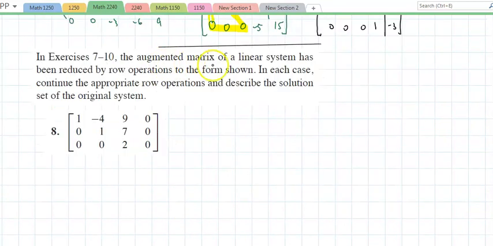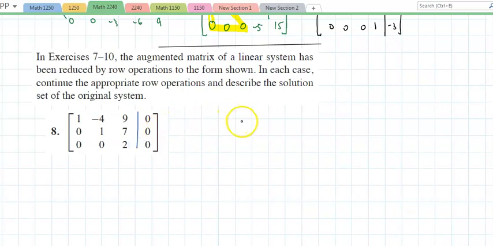On 8 of 10, it says the augmented matrix of the linear system has been reduced by row operations to the form shown below. In each case, continue the appropriate row operations and describe the solution set of the system. Well, what do we have? If this is an augmented matrix,